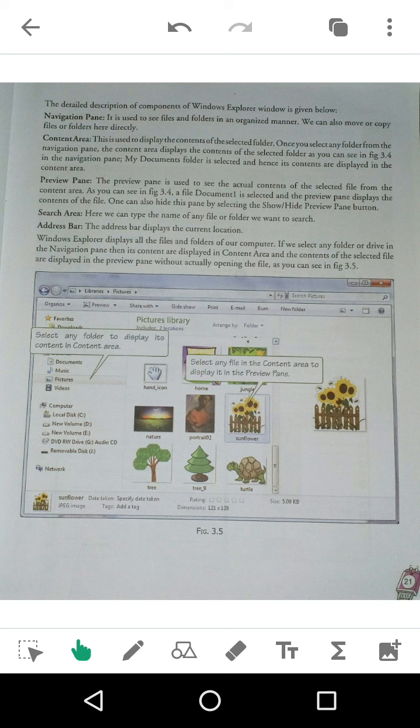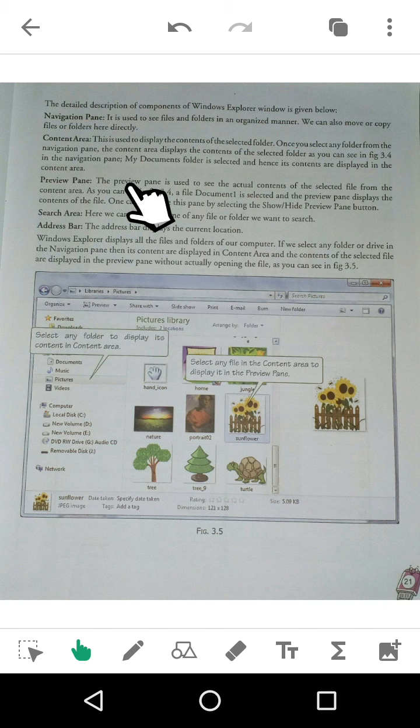Suppose this is your navigation pane, you click on local disk C, then here you will see the different things in local disk C. But if you want to see distinctly what it is, like this flower, you will see that its content is clearly displayed here. So you can clearly see a file's content in the preview pane.